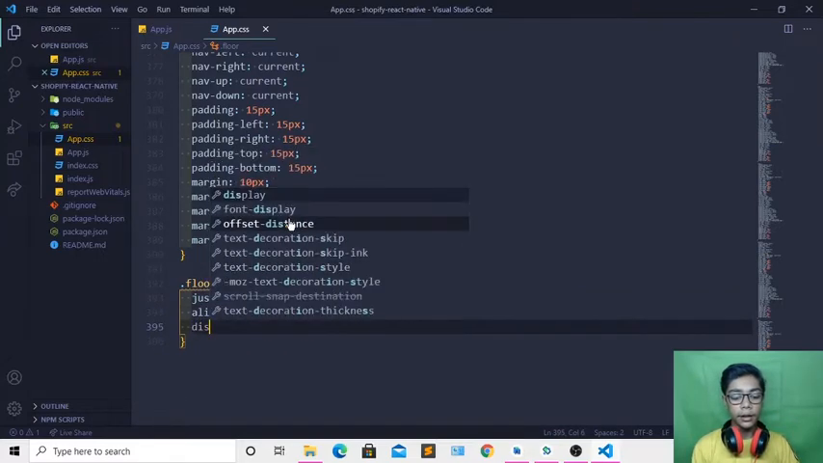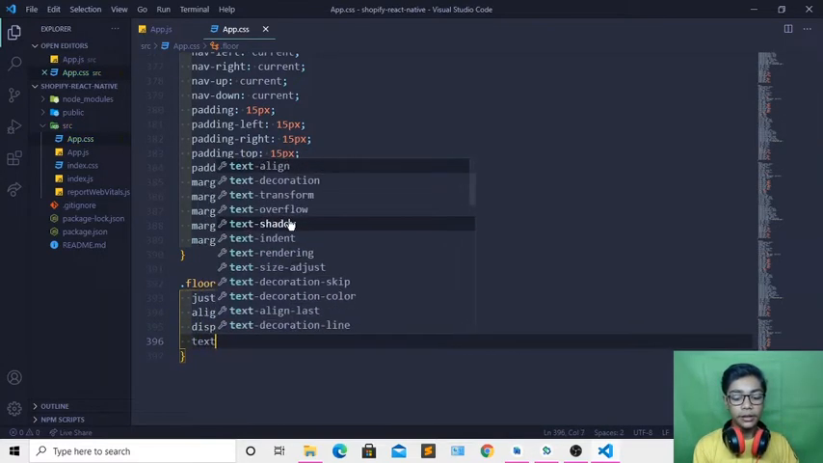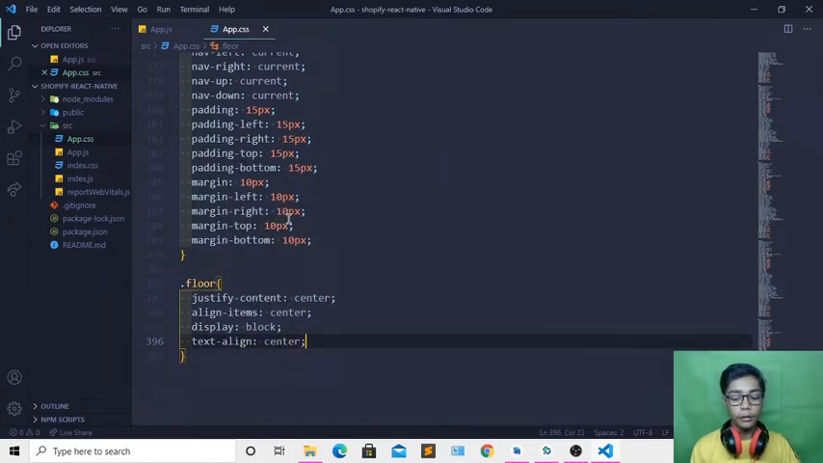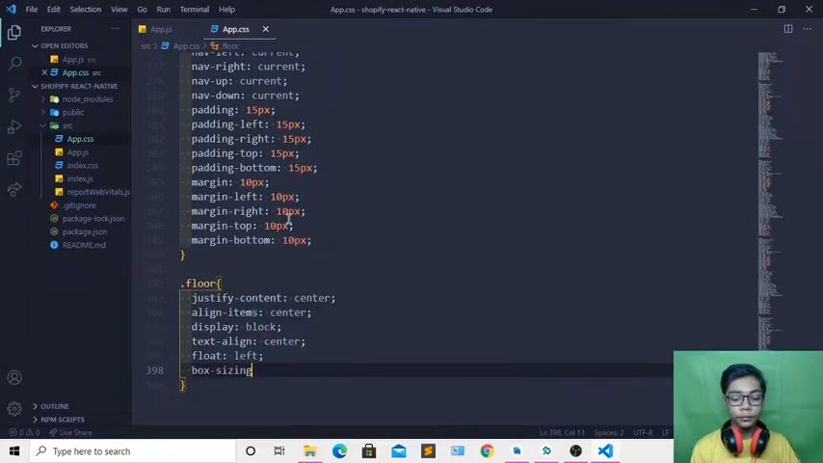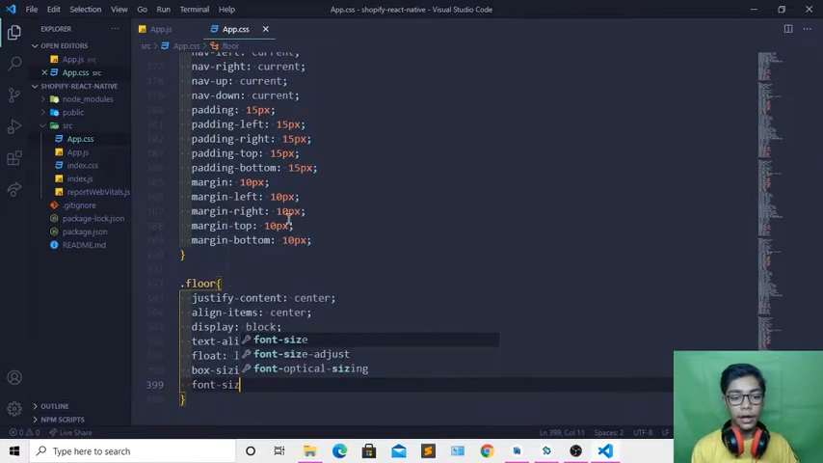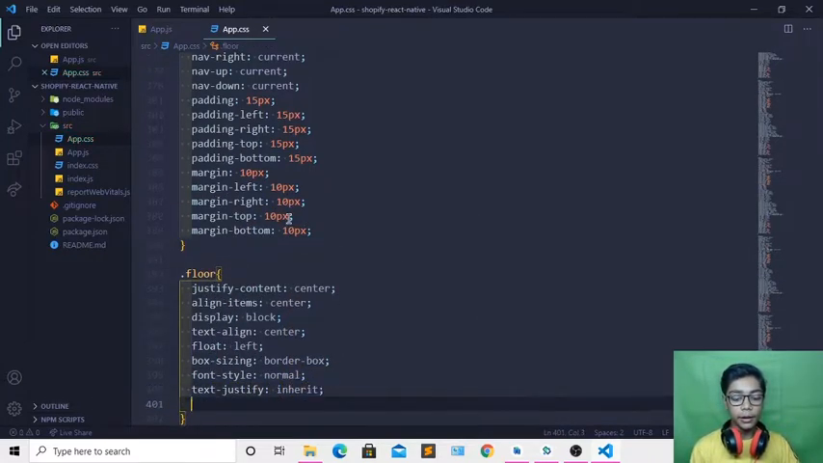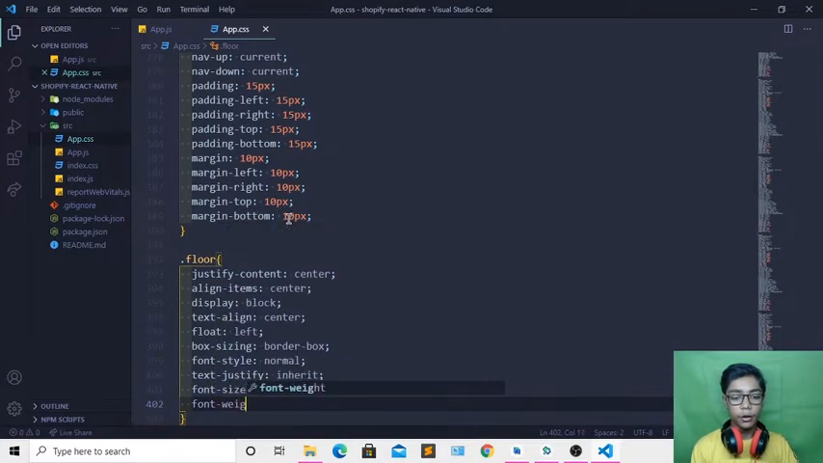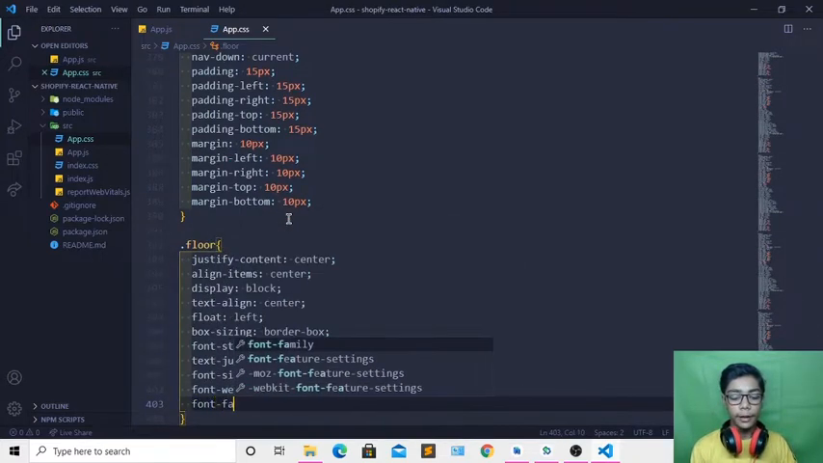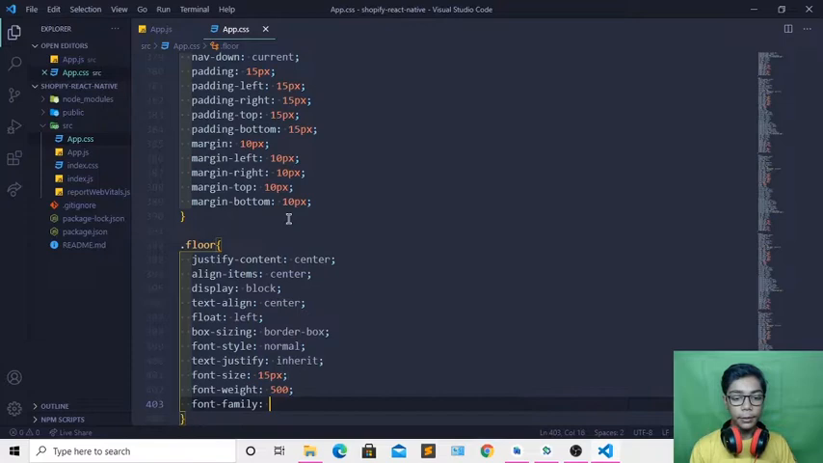Then I will be writing display of block. Then create text align in center, create float to left. Then I will also be writing box sizing, which will be border box. Then I will be creating font size, but first of all I will be writing font style, which will be normal, create text justify, which will be inherit. Then I will be writing font size, which will be now 15 pixel, create another tag which will be font weight of 500, create font family, which will be Montserrat,